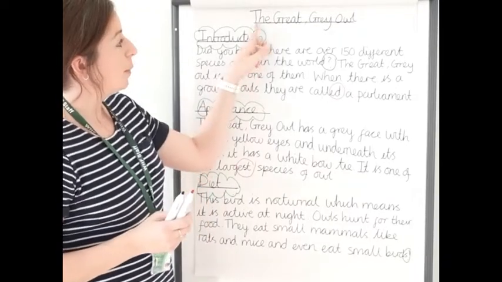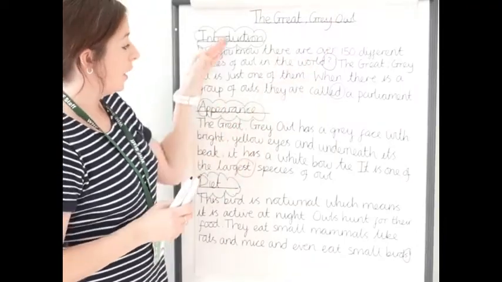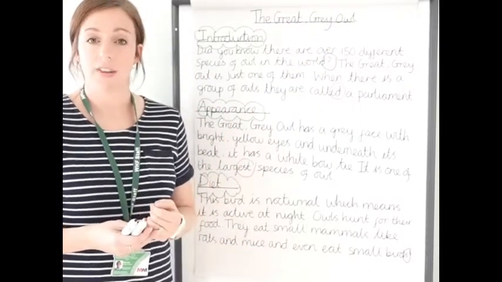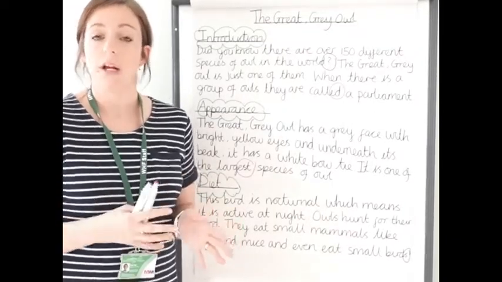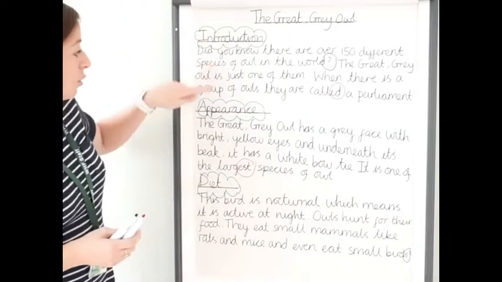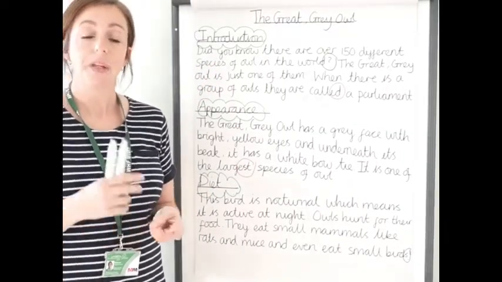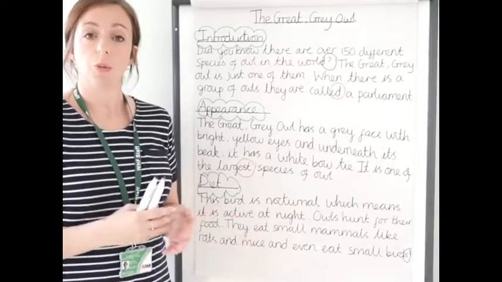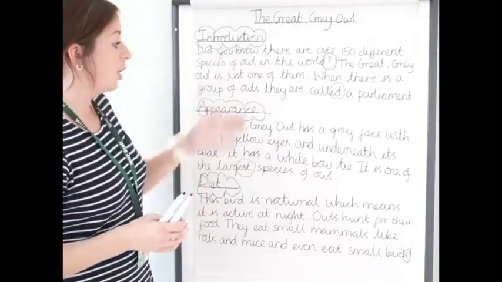I've chosen to do mine about the great grey owl, so a particular kind of owl, and then I've written my report here. Now, before we can start writing, it's important that we think about planning. So I've attached a planning structure for you that's blank, and it has these 3 subheadings on, plus 2 more, habitat and behaviour. And that's to allow you, with a grown-up or on your own, to research one of those animals and record all the facts down that you can find about them